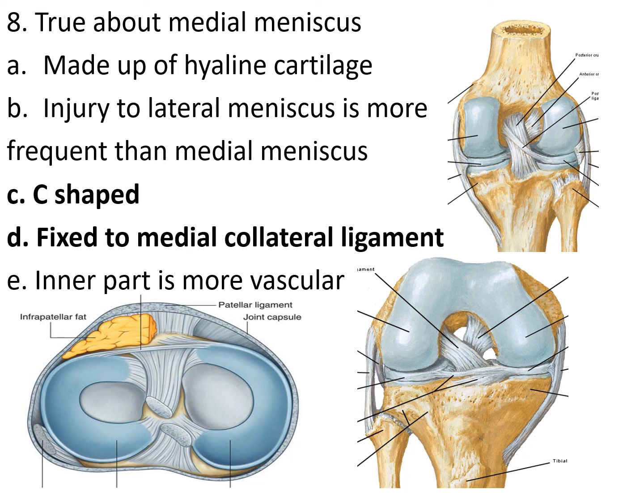So we will solve this once again. The medial meniscus is C-shaped. That's the answer. It is not made up of hyaline cartilage. It is made up of fibrocartilage. Injury to lateral meniscus is more prone? No, lateral meniscus is very safe. It is medial meniscus because its attachment to the tibial collateral ligament is more prone to injury.